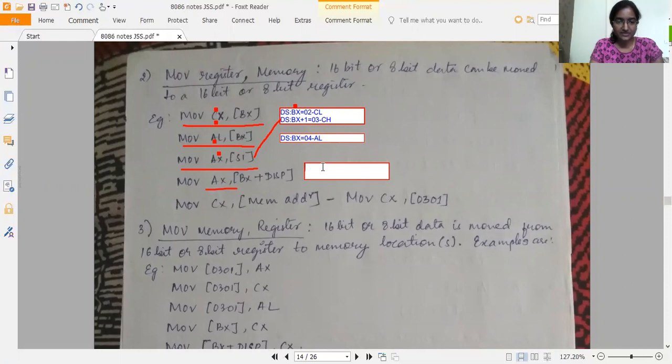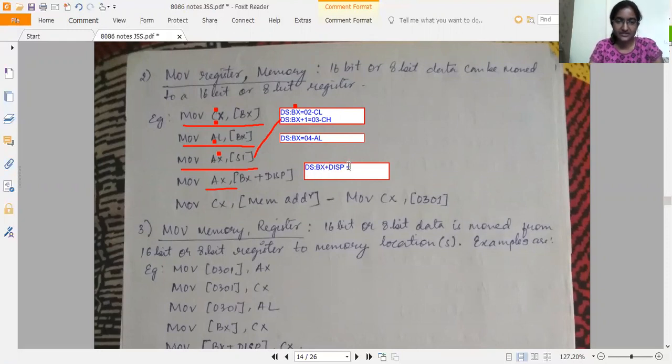It is BX. So BX is obviously used with DS. DS:BX plus displacement. The displacement value is not given, and I also don't want to assume the displacement value because that will lead to confusion. Now, DS:BX plus displacement.